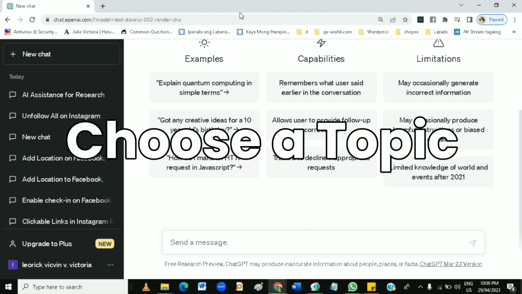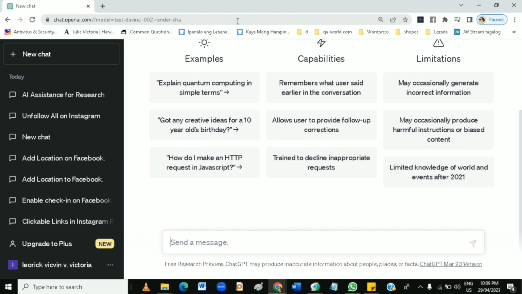First, choose a topic. You need to select a topic that interests you and is relevant to your field of study. You can brainstorm some ideas or do some preliminary research to help you narrow down your options. Example, if your research paper is all about flying to Mars, you can just type in